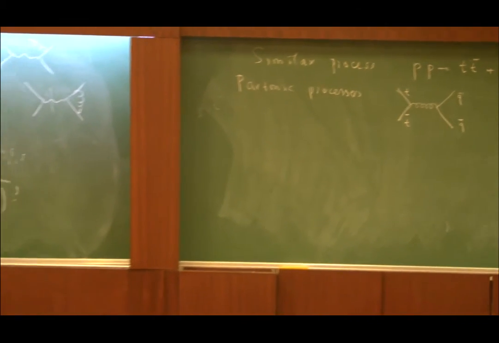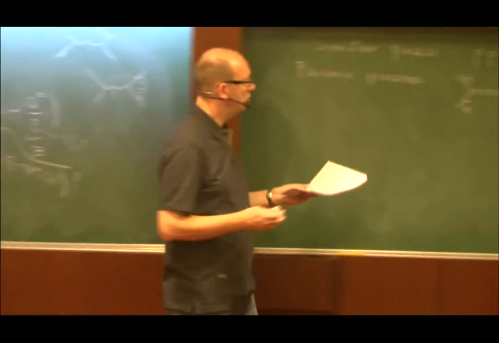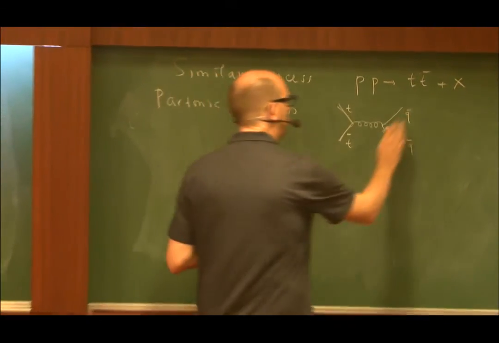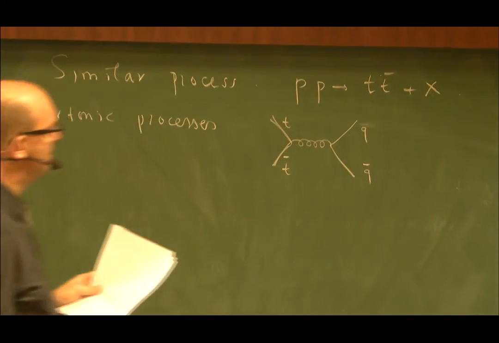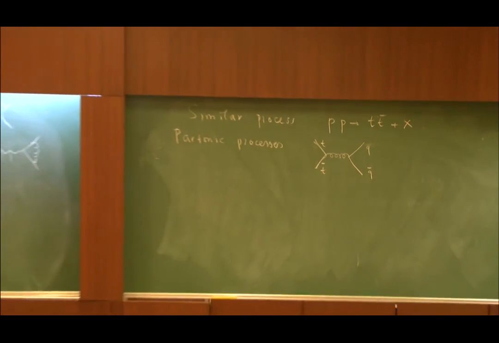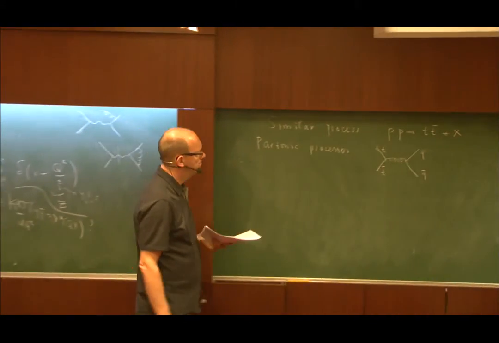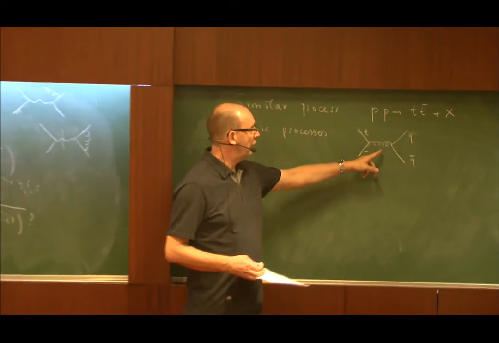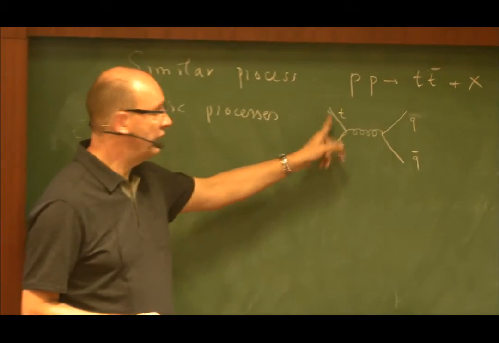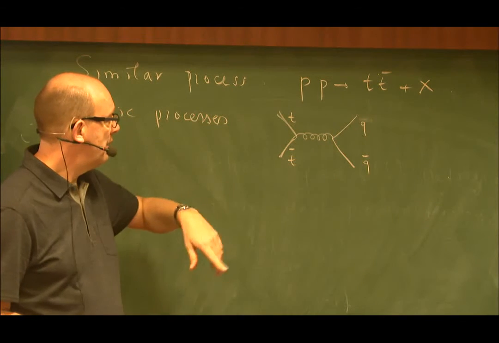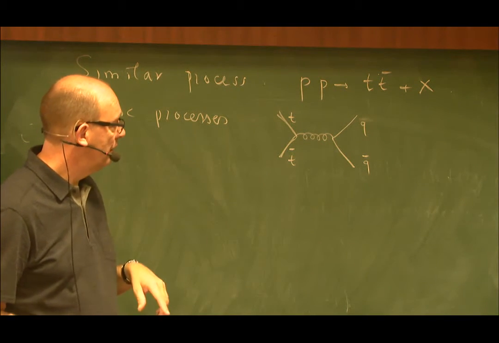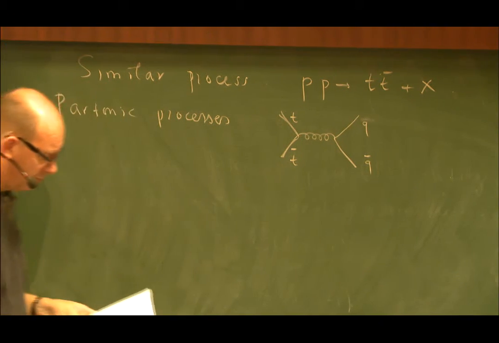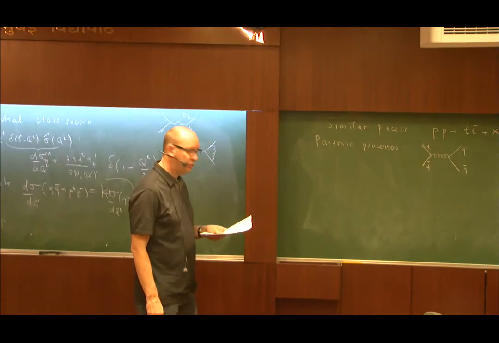That's at lowest order the only process you can make if you have quark anti-quark in the initial state. You see the similarity to the diagram we had before, but also some differences. You see here that the particle now is a gluon, and the quarks in the initial and final state. These things have a mass,